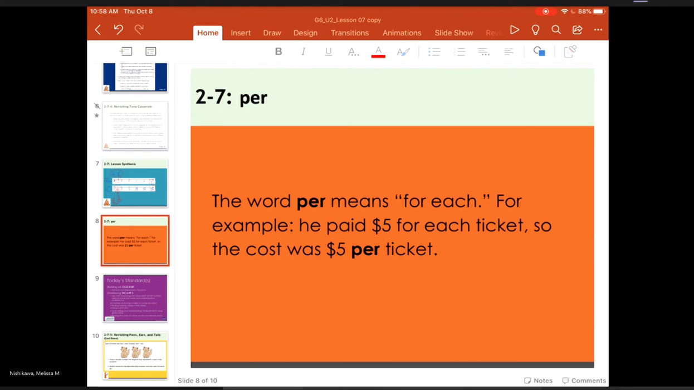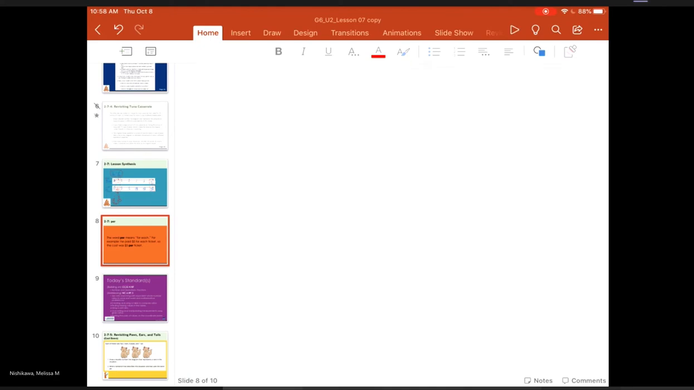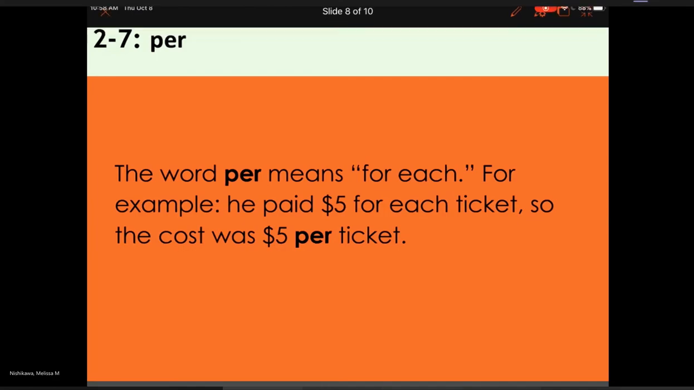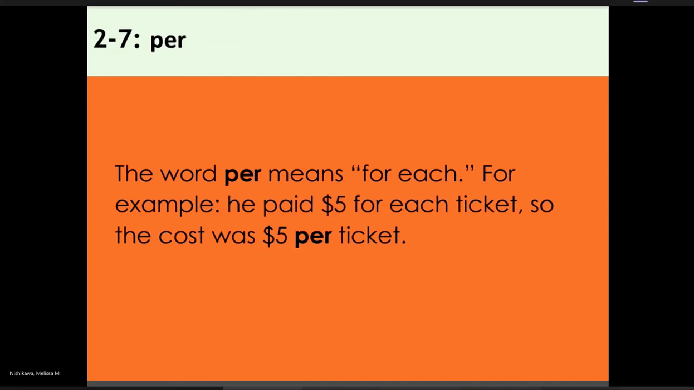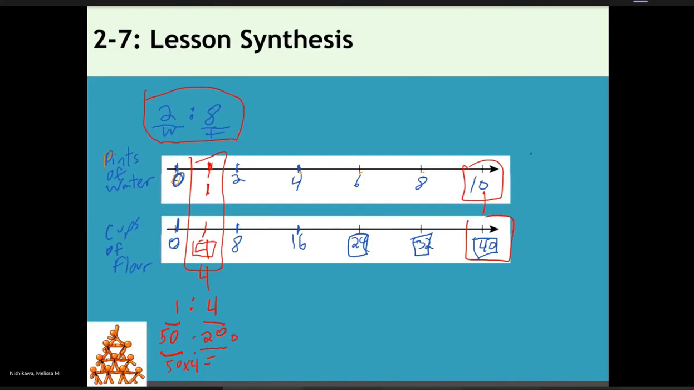So I want us to talk about the word per. So in your notes, write this down and then we should be done. The word per means for each. So if I say, going back to this example,